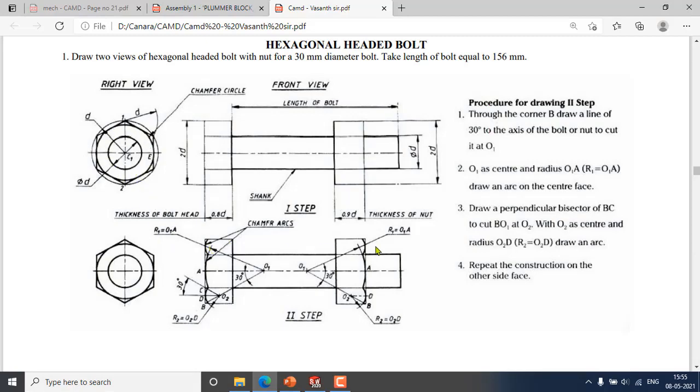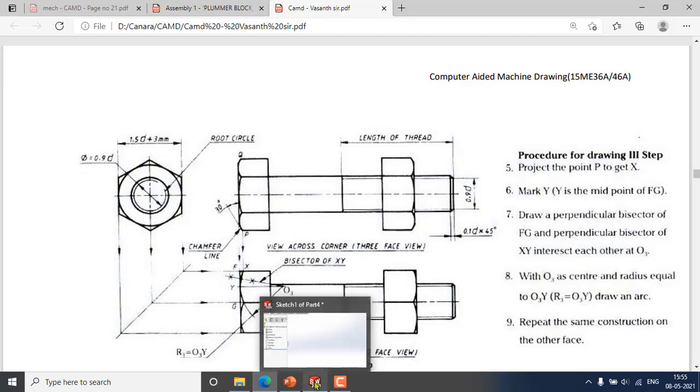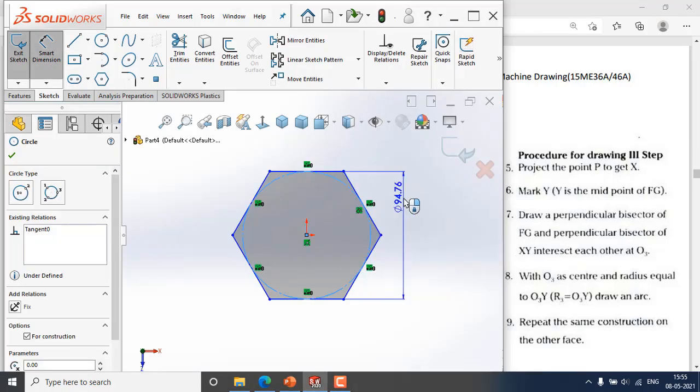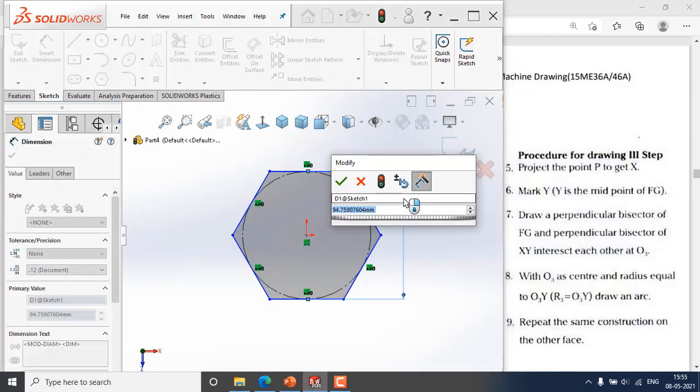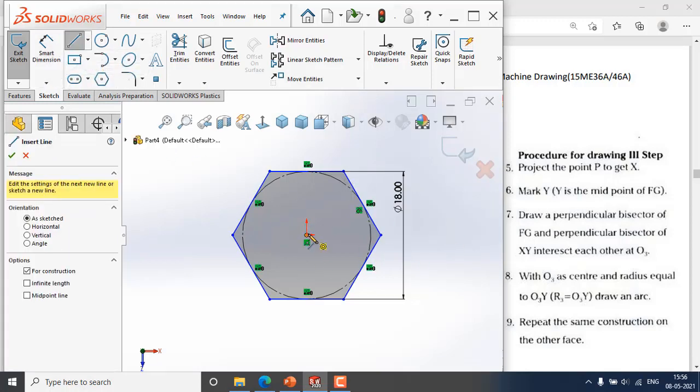The inner circle diameter we want, you can see, is 1.5D plus 3 mm. The same value you can give here also. So go to SolidWorks, Dimension, right click on the dotted line circle, and there you can type the value as 1.5 into D, D is 10 mm, then plus 3 mm. The same way you can type. You got 18. Now it can rotate, so for that you need to constrain it by taking the reference